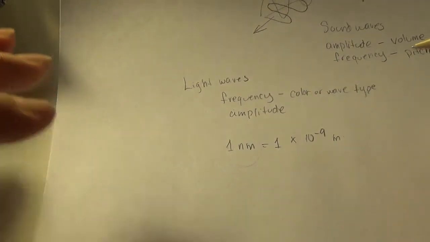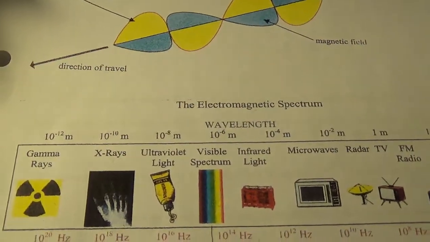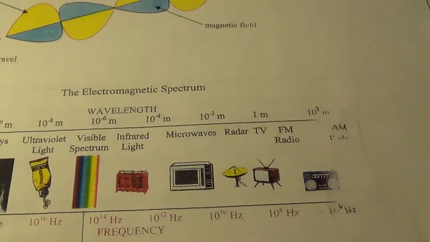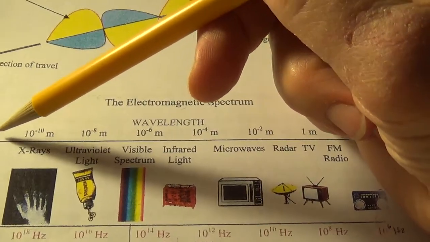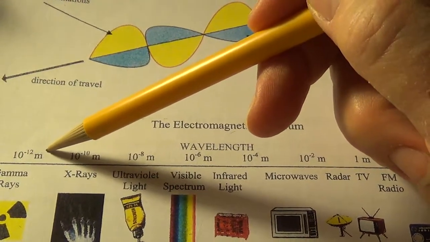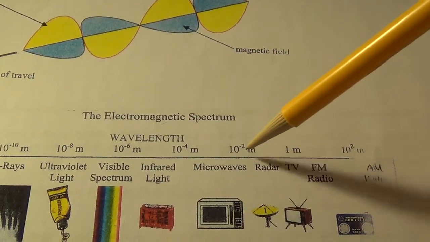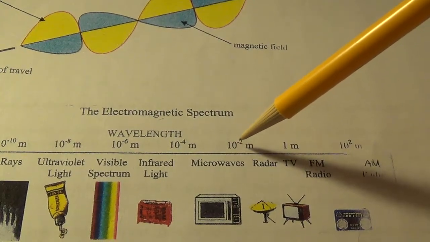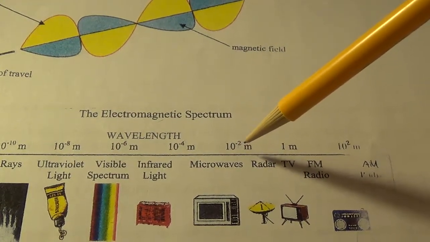Before we leave this here, I just want to mention that these wavelengths get amazingly small, like here, 10 to the minus 12 meters. The wavelength is quite small, but when we get up to, say, microwaves, 10 to the minus 2, which is 0.1, so that's 0.1 of a meter. That's not that long. That's actually conceivable, a tenth of a meter.